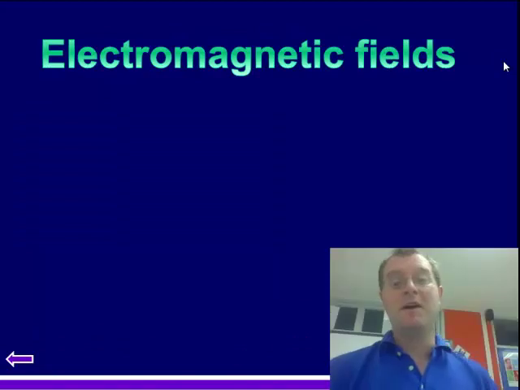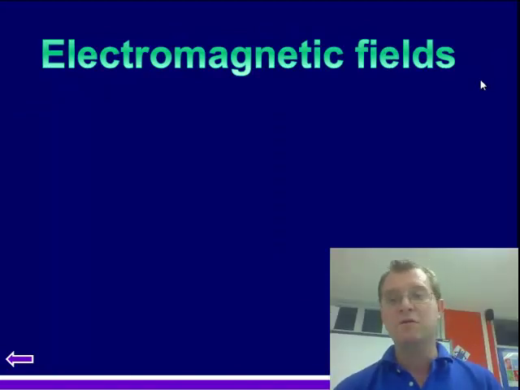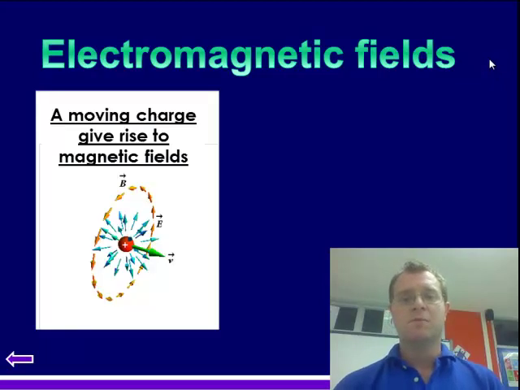So we're going to be talking about electromagnetic fields in detail. Now, an electromagnetic field occurs because a moving charge gives rise to a magnetic field. Whenever we have a moving charge, so that's an electron moving or current flowing of any sort, then it produces a magnetic field as well as the electric field caused by the charge itself. So these are the things we're going to be thinking about. The field lines created by